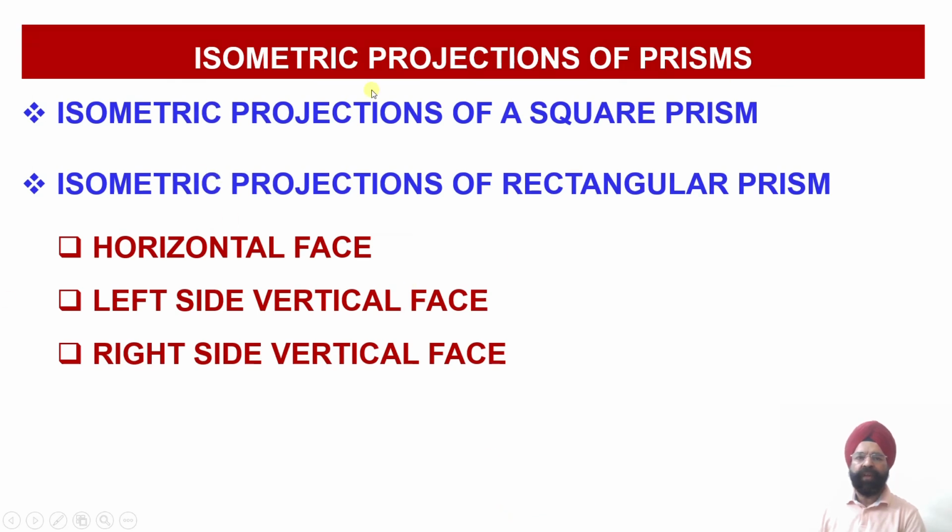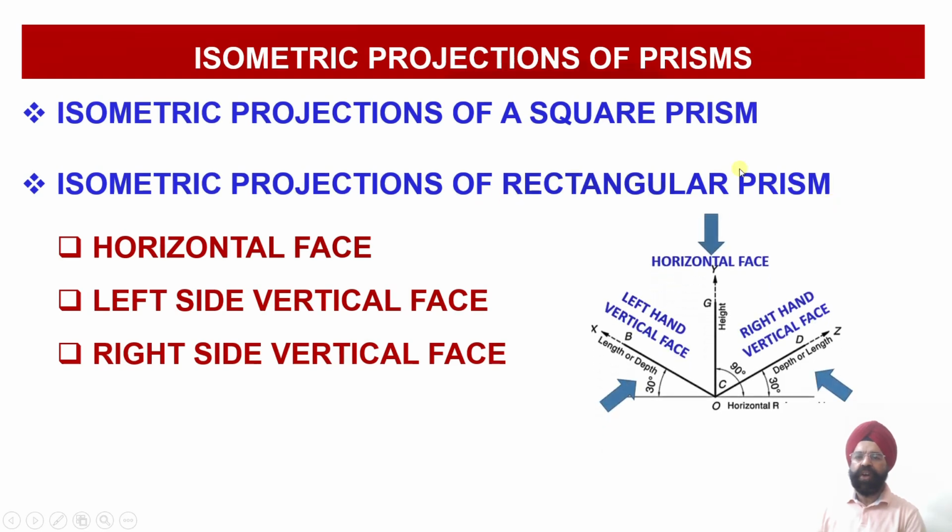Now today we are going to discuss isometric projections of the square prism and the rectangular prism. The projections of these two prisms, that is the square prism and the rectangular prism, we are going to discuss in three orientations, that is horizontal face orientation, left side vertical face orientation, and the right side